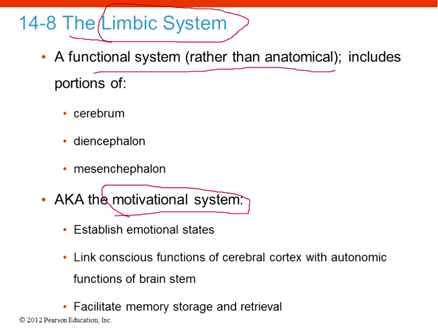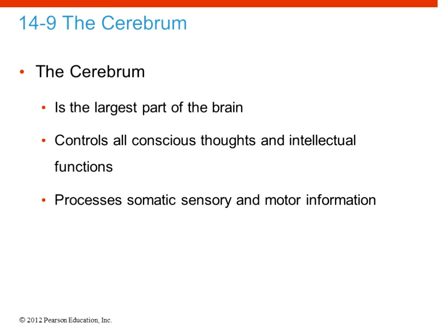So the limbic system, also known as the motivational system or your drive or desire, comes from these different regions: part of the cerebrum, part of the diencephalon, part of the mesencephalon. It helps establish emotional states, maybe facilitates memory storage, and gives us our motivation and our drive and desire to do things. All right, so that's really all you need to know about the limbic system at this time. I just want to briefly mention that before we move on